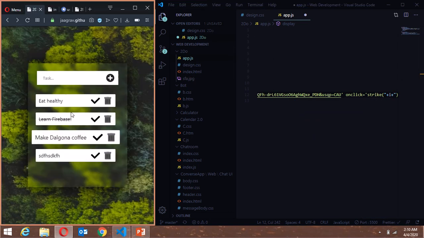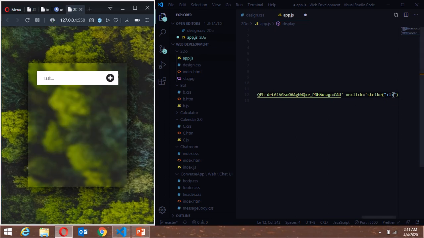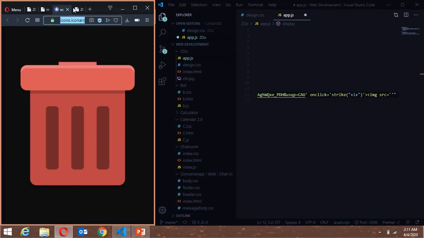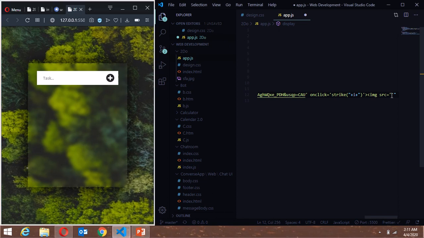So for example, if the index of this is 0, 1, 2, 3, whenever we click on this tick mark, it's going to pass in a number like 0, which would tell us that we need to make a strike through in the 0th element. So that's how it's going to work. So strike, and then after that I'm going to close this bracket, and then another img tag, another src equals, and now inside this we are going to put in a dustbin. So the delete dustbin, and again over here we are going to put in onclick